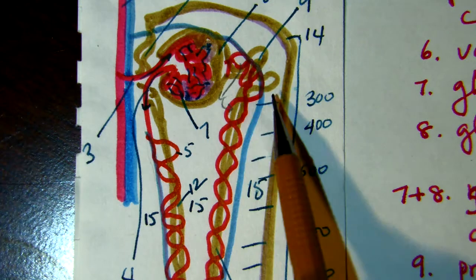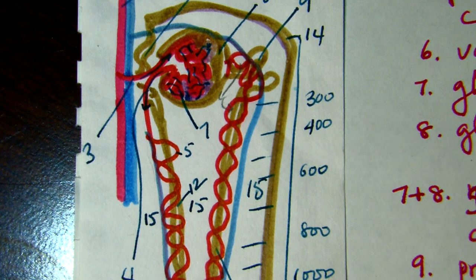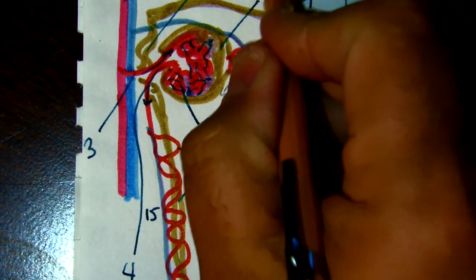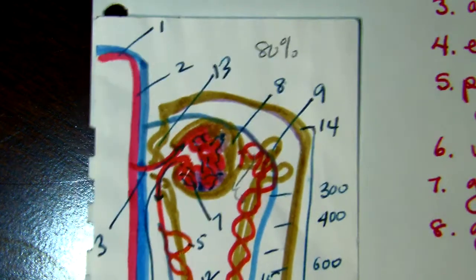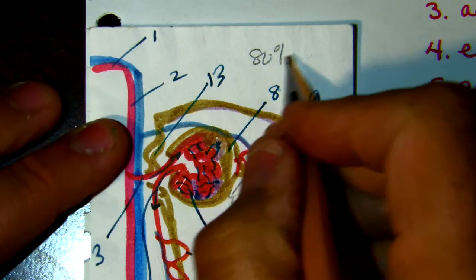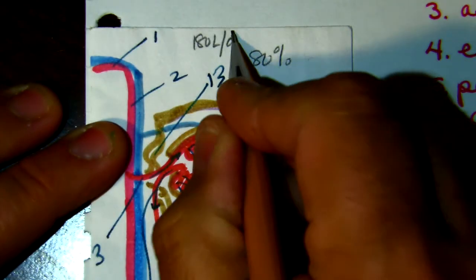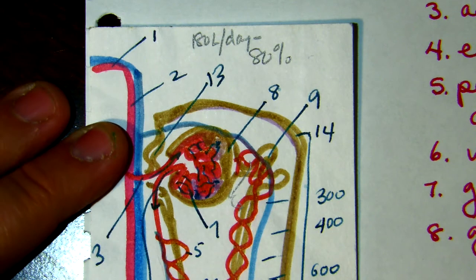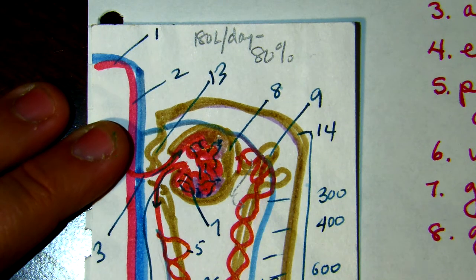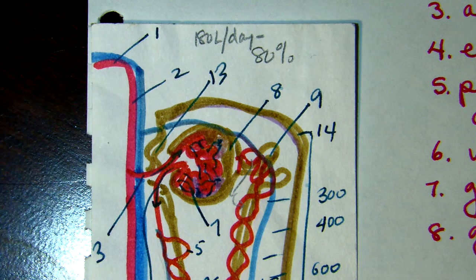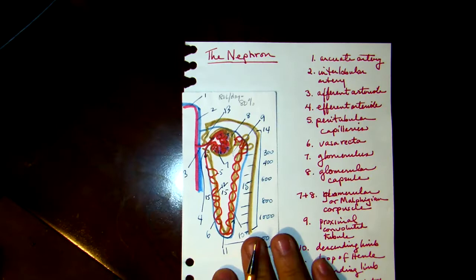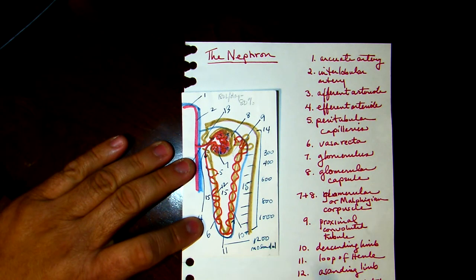Meanwhile, the tubular fluid will have been resorbed about 80% of the original filtrate, and that means that we're talking about 180 liters of plasma a day that are filtered. 80% of it will be resorbed right here at the proximal convoluted tubule, along with nutrients like amino acids and glucose. From there, the fluid will enter the structure right here, shown here in number 10 as the descending limb,